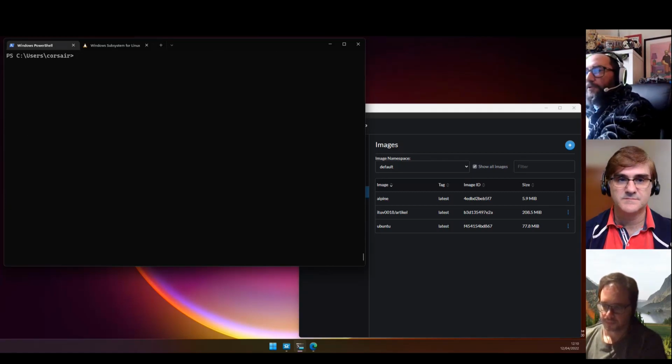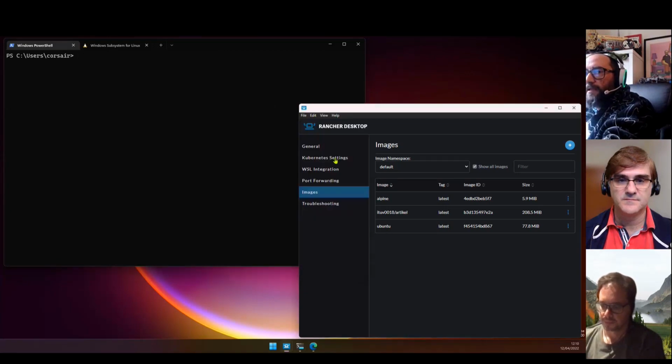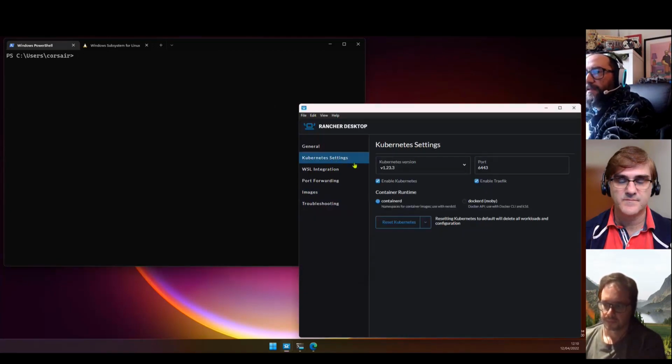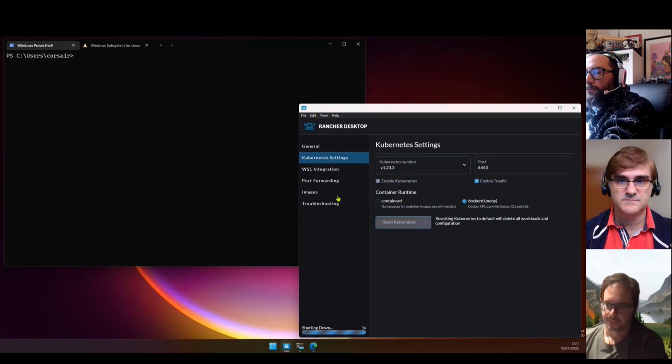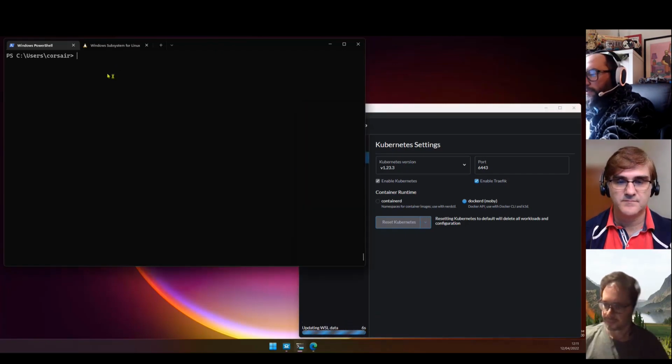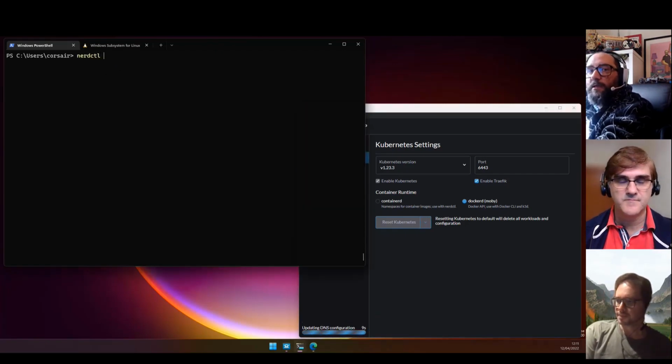So here, what I wanted to show now is that if I come back to Kubernetes settings, I can go back now and enter dockerd. So it will restart. This one will take maybe, I don't know, 1 minute or something like that to restart. Not even sure, but let's see. Okay, it's already checking the images and so on. So right now, if I do a nerdctl info,